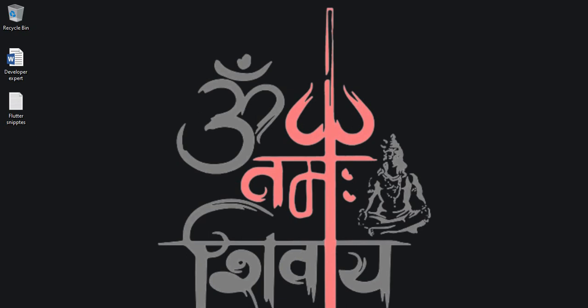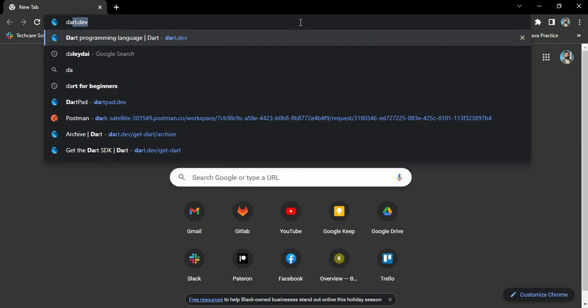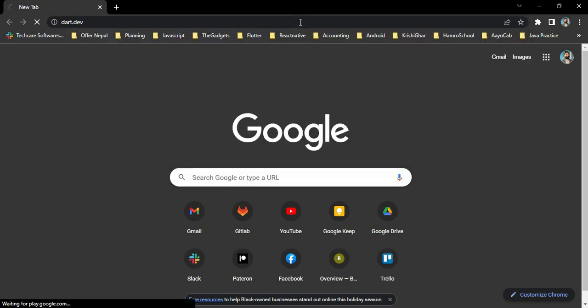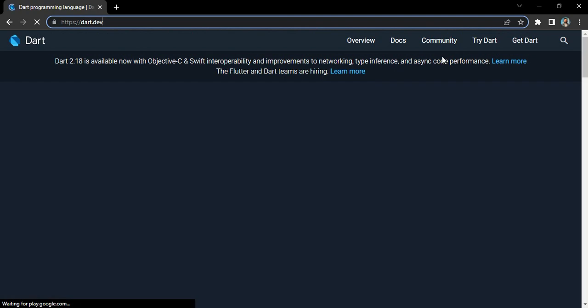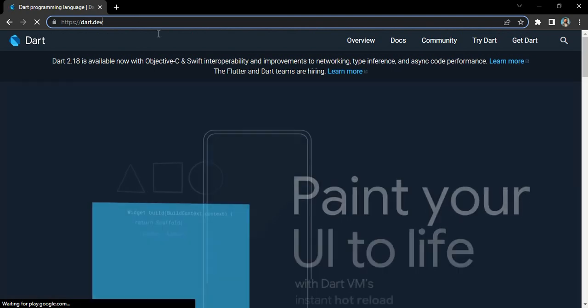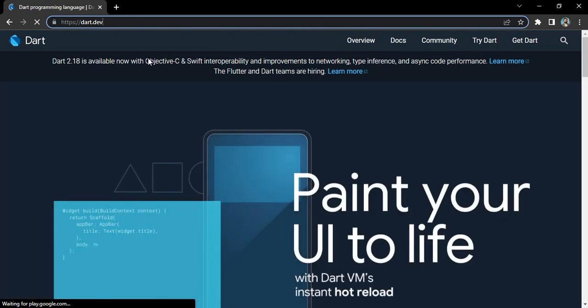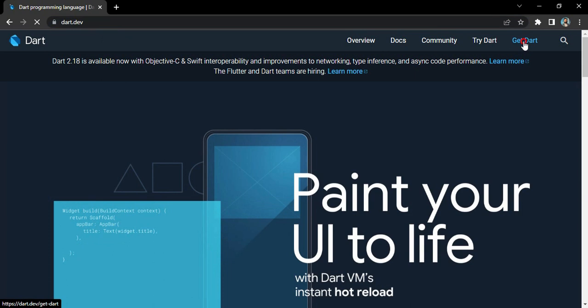And to continue with that, we need to have Dart installed on our computer, and to install that on our computer we have to visit dart.dev. You can find this link in the description below. Please find it. And after getting into this URL, click on Get Dart,